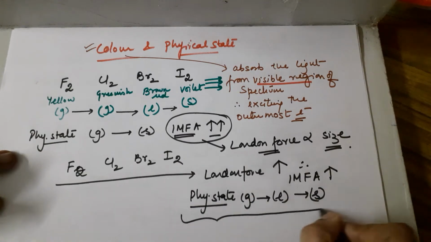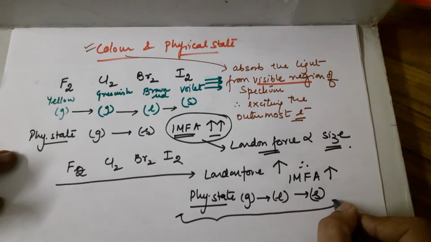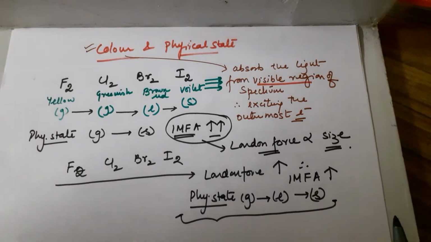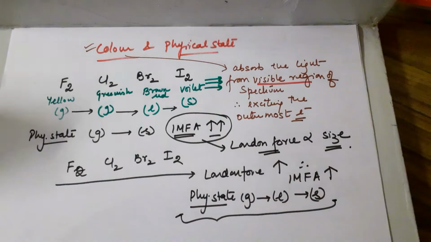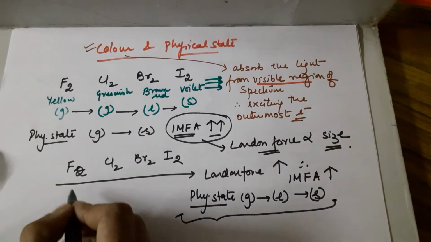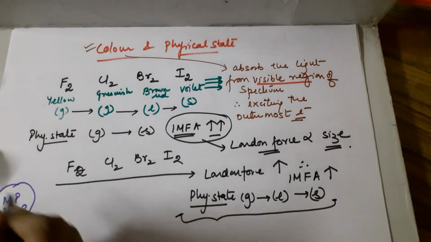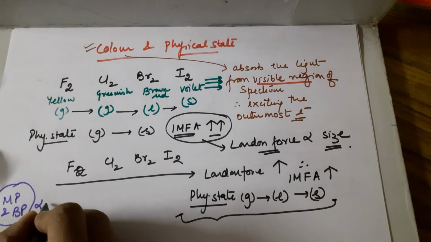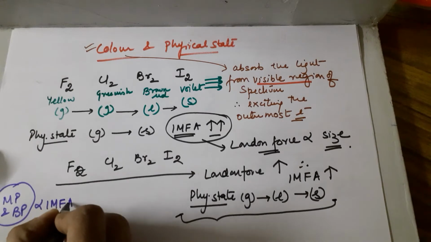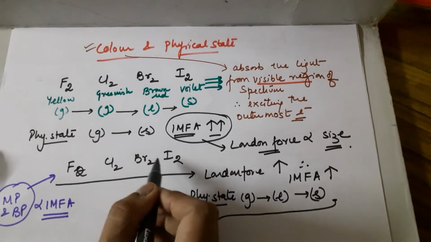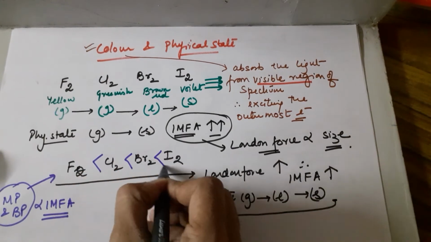This is a general fact whenever we talk about the physical state. Whenever there is a change in physical state, the answer is oriented around the intermolecular force of attraction. Also, if we talk about the melting points and the boiling points, this is also directly proportional to intermolecular force of attraction. Therefore, as I move from fluorine to chlorine to bromine to iodine, their melting points and boiling points